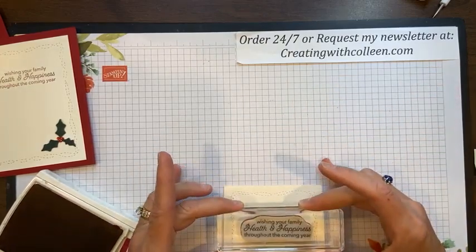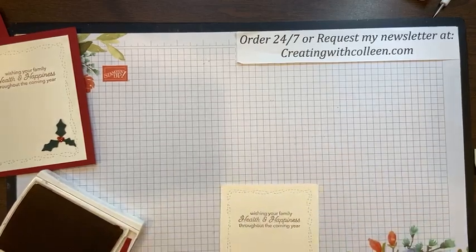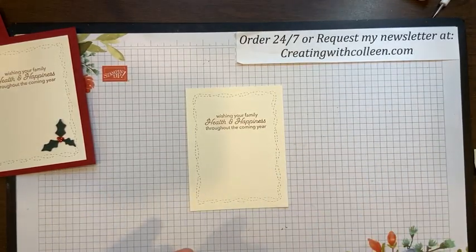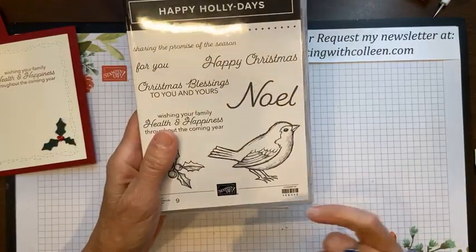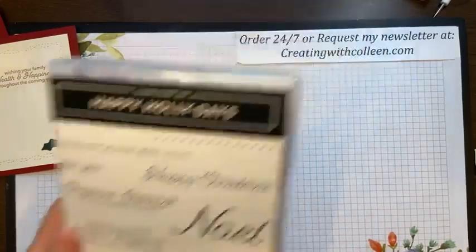Let me pull this closer so I could see, because I never worry about putting them on my block straight. So here I have my saying, and then I wanted to put something down at the bottom. So if I wanted to, I actually could have put my holly on here and colored it,